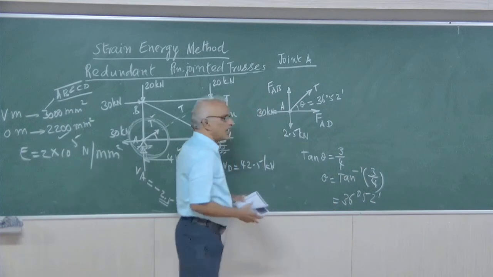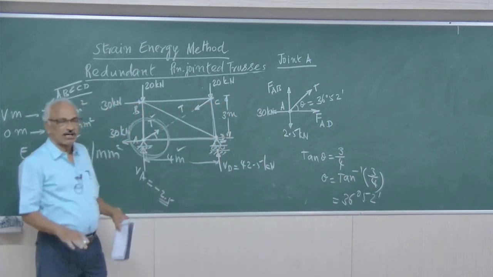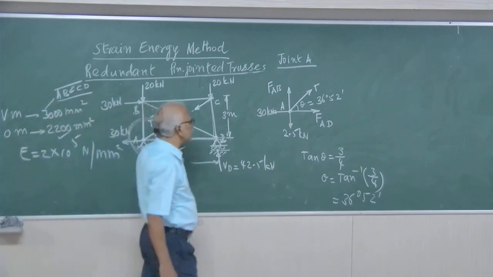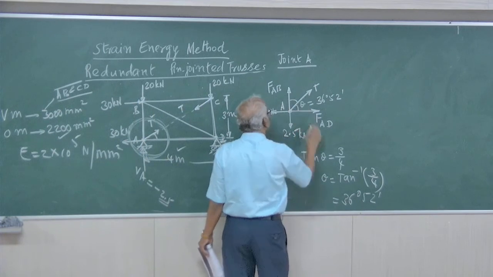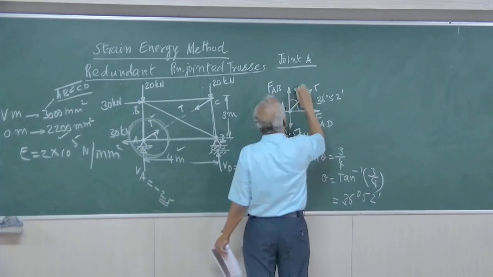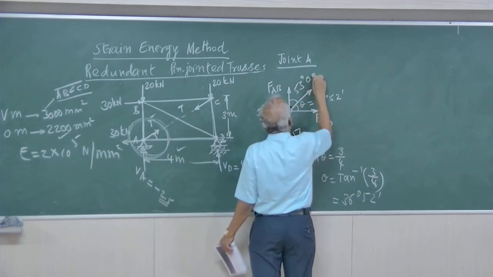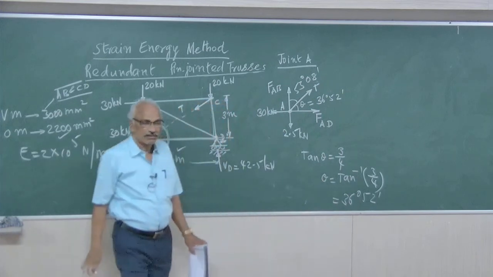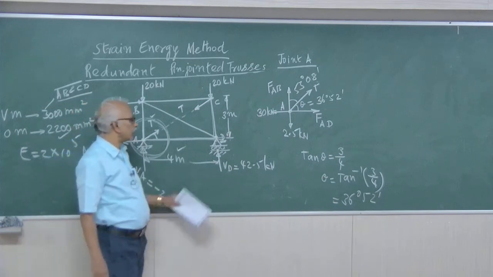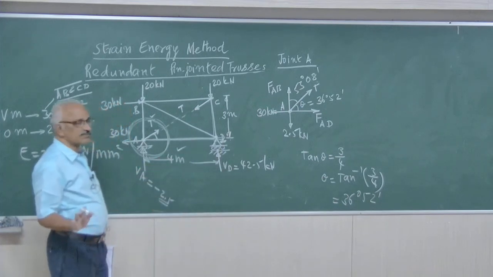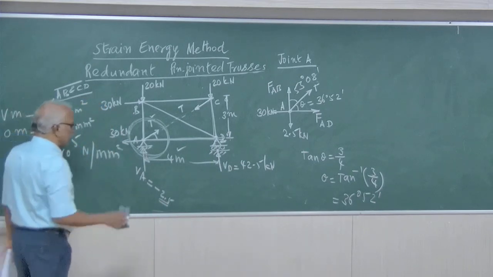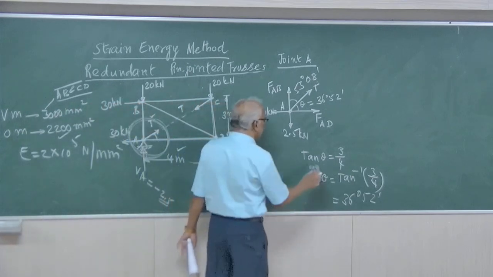And always mark the angle both with the horizontal and the vertical; that will simplify your work. Now this value equals 90 minus 36 degrees 52 minutes, so this will be 53 degrees 08 minutes. Mark the angle both with vertical and horizontal. That will simplify your work. Right. So that's about the angle. Now what we have done is, we have marked all the details around joint A. That's all. Certain joints will have more terms like this, and certain joints will be easier.